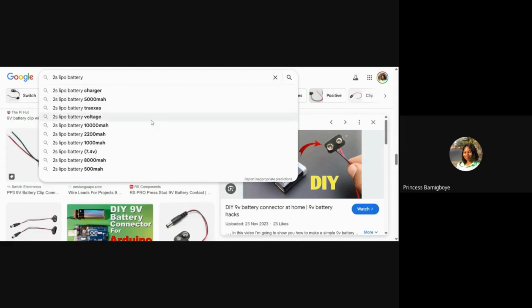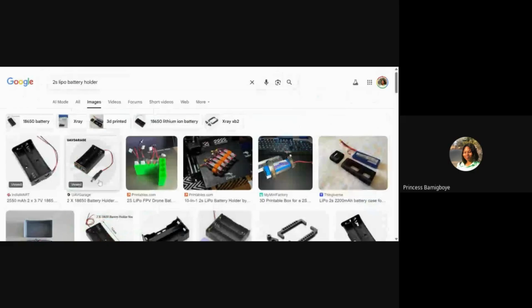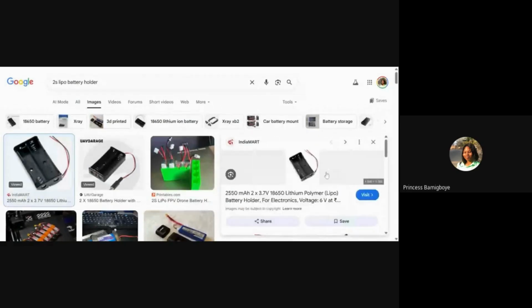As I said before, I didn't want this to be so different from the original recording. But you can get something like this, right? Then cut the 9 volt battery holder, then join the wires together, red to red, black to black, positive to positive, negative to negative. Then use electric tape so that the wires will not touch and short circuit.